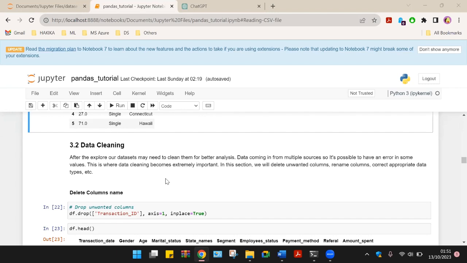Hello and welcome. Let us move forward to data cleaning. Data cleaning is a very important aspect of our day-to-day analysis of data sets. In this section, we'll learn how to delete an unwanted column, rename columns, correct appropriate data types, and let's start by